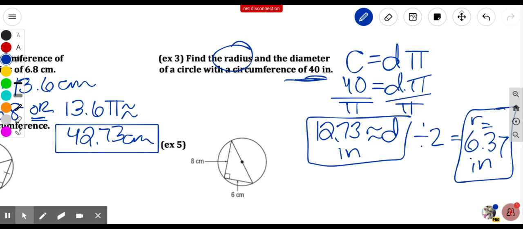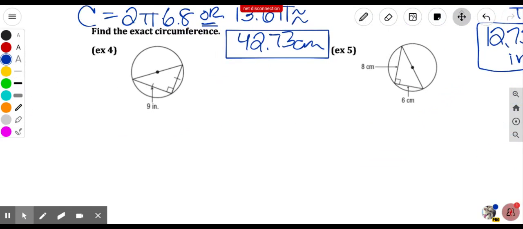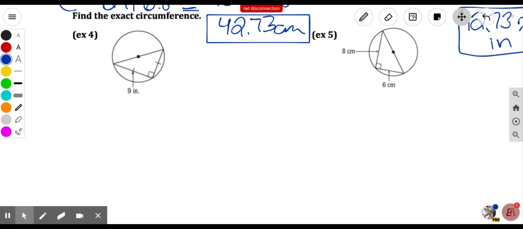Okay, so that's how you can work with the radius, diameter, and circumference. The very last thing we're going to do is something called find the exact circumference. So just real quick, I didn't really leave room up there to define it, but exact circumference, if we're going to come down here,